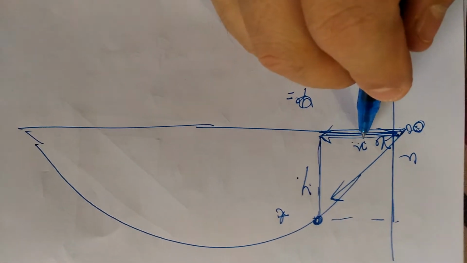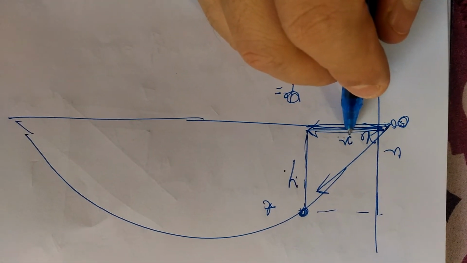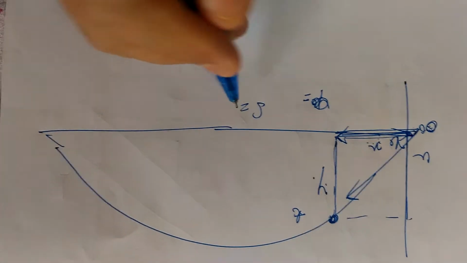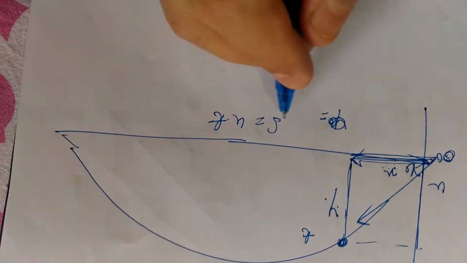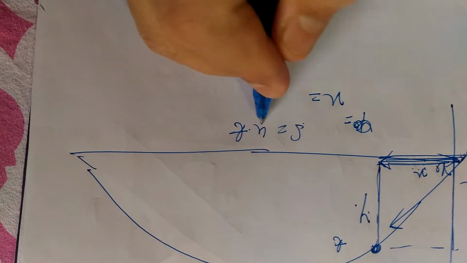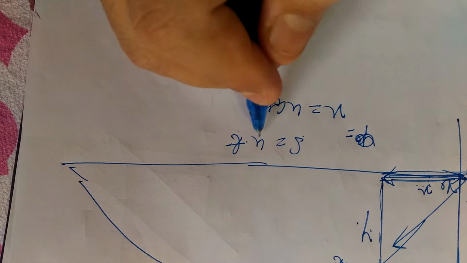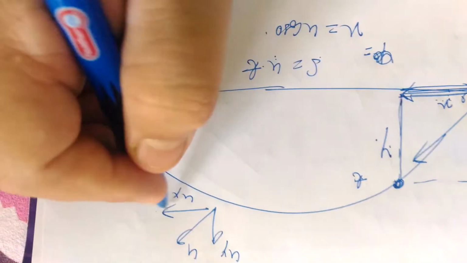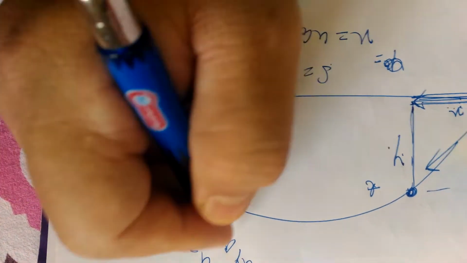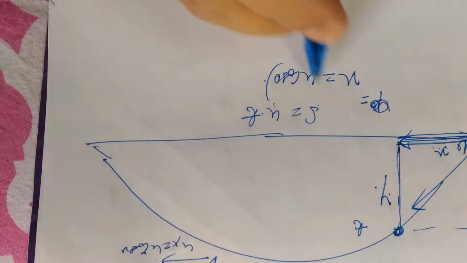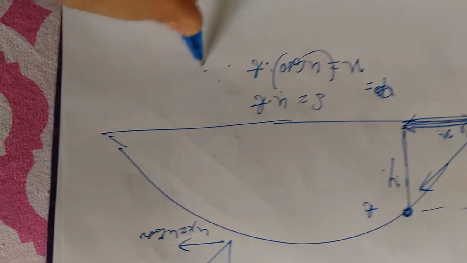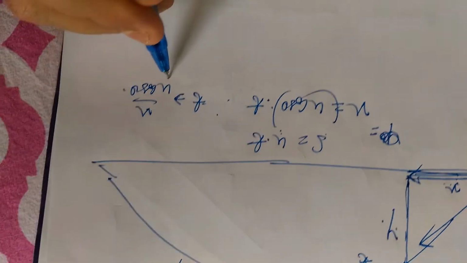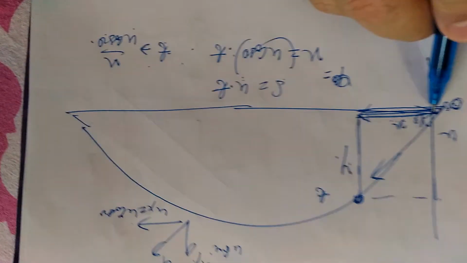As I have already mentioned, there is no acceleration in the horizontal direction. So simply you use this relation, s is equal to velocity into time. S is the distance here, x, and the velocity is u cos theta, that is ux. This is u, this is ux, this is uy. Ux is equal to u cos theta, uy is equal to u sine theta. So u cos theta is the velocity, into time. From this you can calculate time. So t is equal to x by u cos theta. That means x is given, u is given, theta is given. You can find the time t to travel this distance.